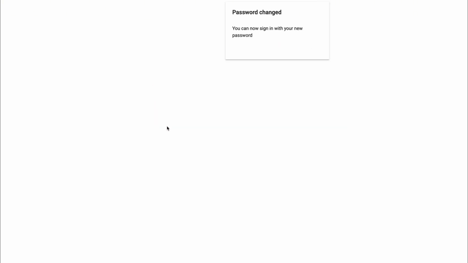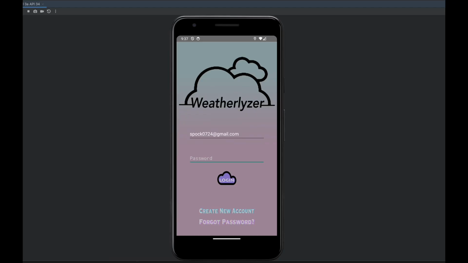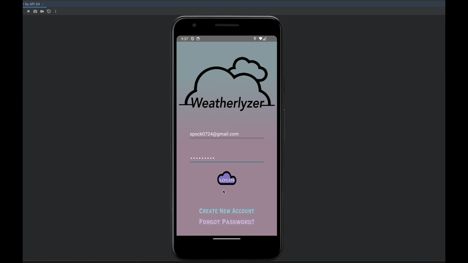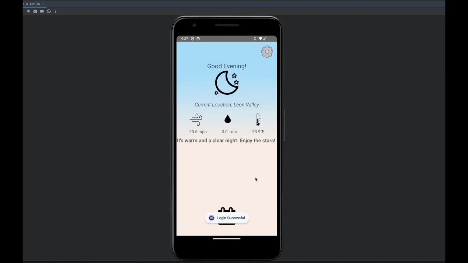After clicking the link, you are taken to a website that will allow you to recreate your password. The user is then notified that the password is successfully changed and can now return back to the app and enter their new password. As the user enters their correct password, they are then notified that the login is successful and taken to the